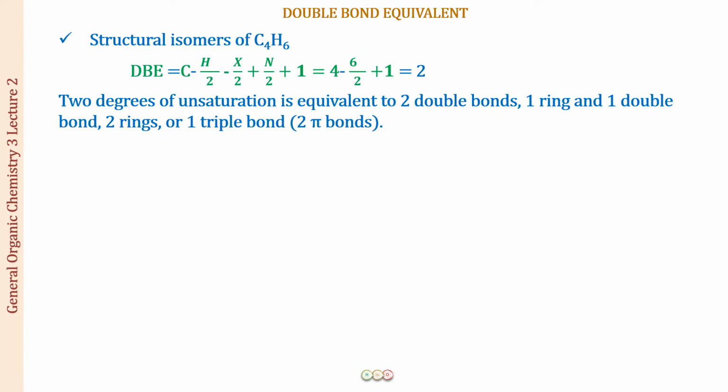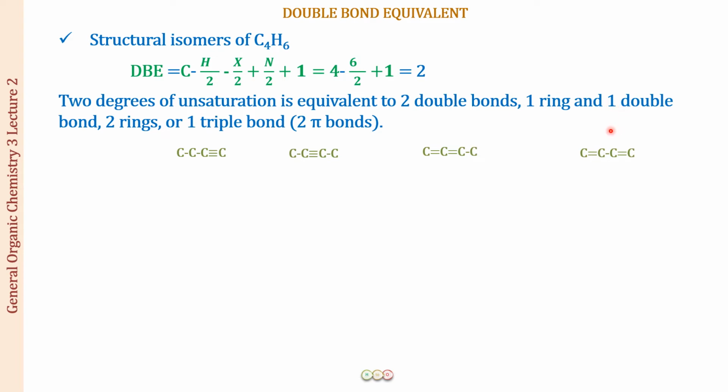So first structure, one triple bond. So this is but-1-yne, with the triple bond at position number 1. We can put it at position number 2. So this is going to be but-2-yne, right? Next we can draw two double bonds. Let us put them at position number 1 and position number 2. This is one possibility. The other possibility is that I can put them at position number 1 and position number 3. So I can draw this structure as well.